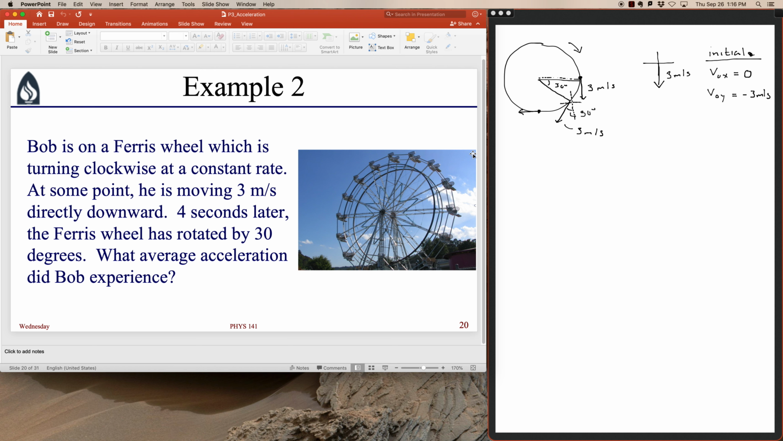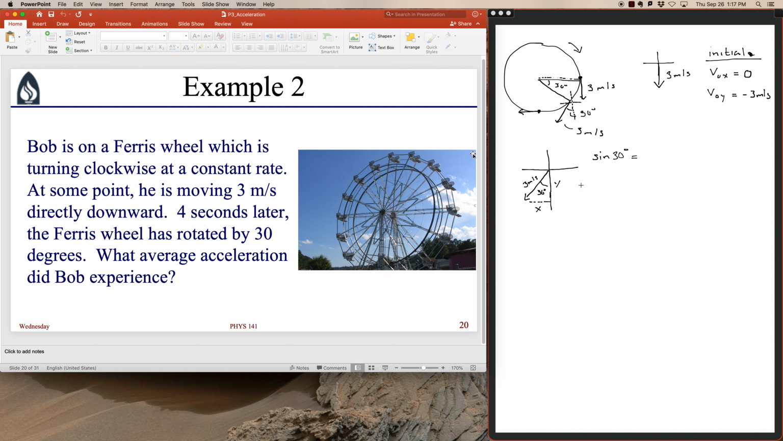So if I redraw his final velocity vector with its own coordinate system, his velocity vector has a magnitude of 3 meters per second and makes an angle of 30 degrees with respect to the negative y-axis. So then I can think about splitting this vector into an x and a y component. So if I think about the sine of that 30-degree angle,